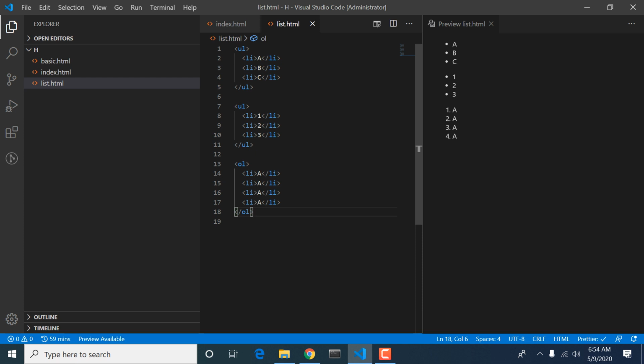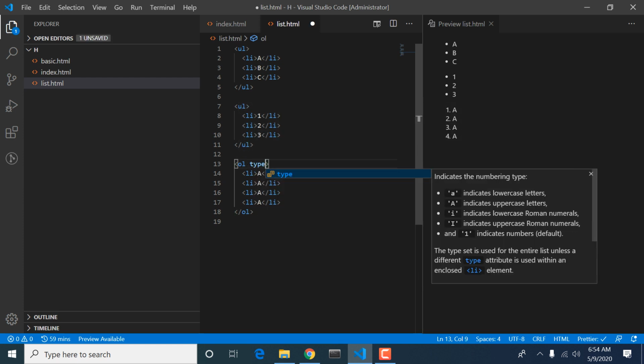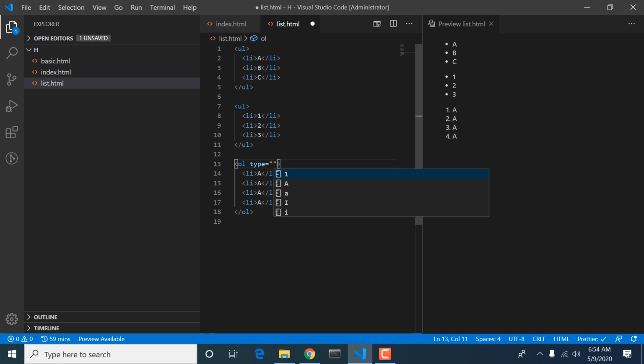Next, in the ordered list we have various types. Now you see this will appear like this, and it will change the format.